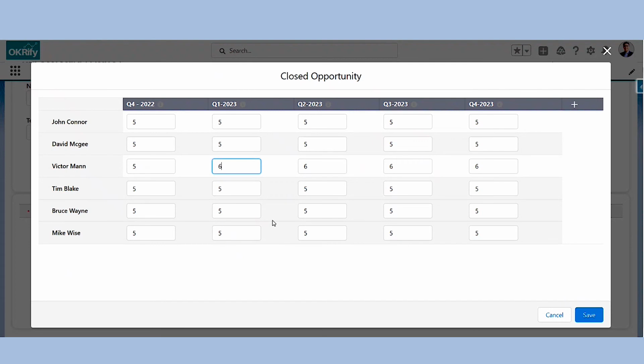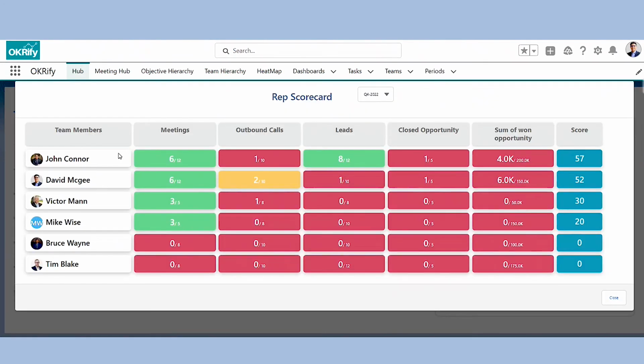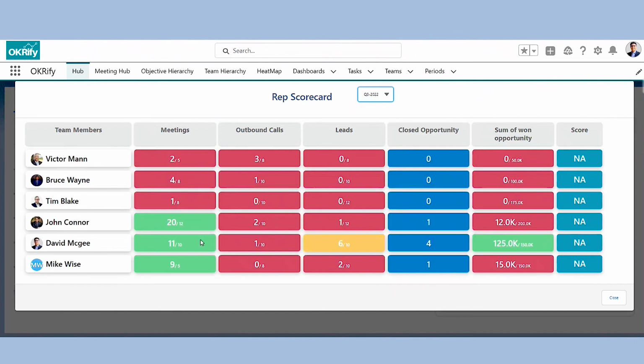So this gives a really flexible and easy way to manage targets based on user and period. And if you go back, you can also look at the leaderboard. So here you can look at all the different users, how they are progressing against each of their targets, and it automatically calculates the overall score just to tell who's doing better. You can also see historical information, the same metrics you can see for the users for previous periods also. This way, it gives an easy, quick way to assess performance for all the team members for multiple KPIs